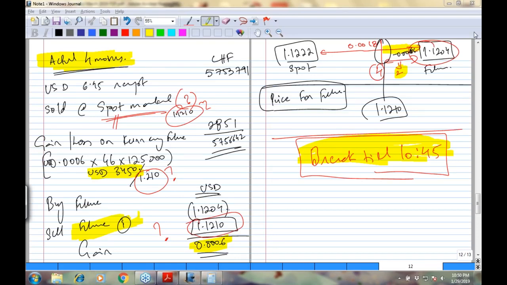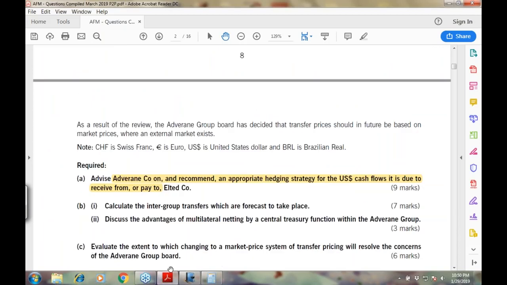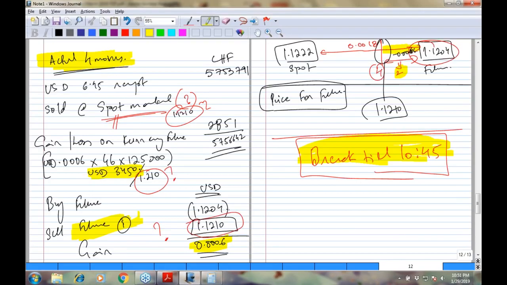Okay, so welcome back. We have done one part of this specific question. The first part was basically to advise Adverine company and recommend an appropriate hedging strategy for the US dollar cash flow it is due to receive or pay to LTIT company. Now let's see, what are we going to do? We have got two choices. When we go for the currency future, the net amount is